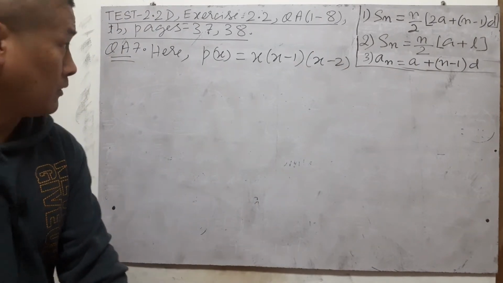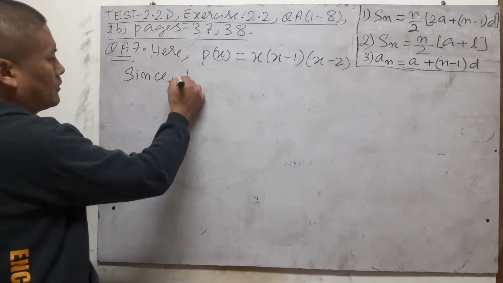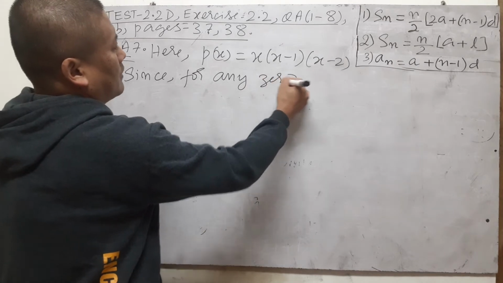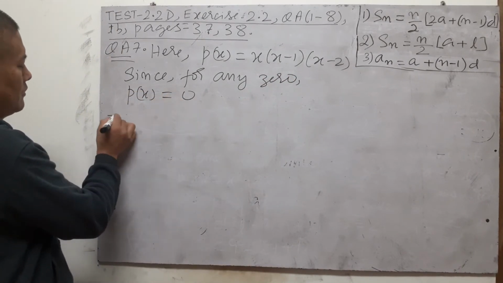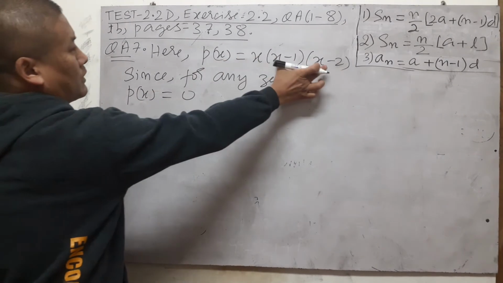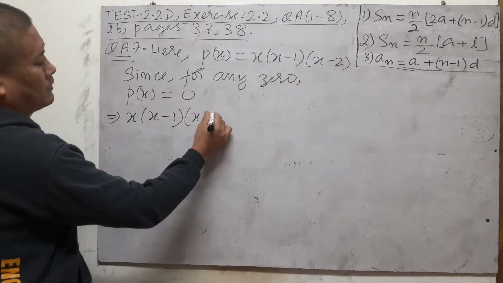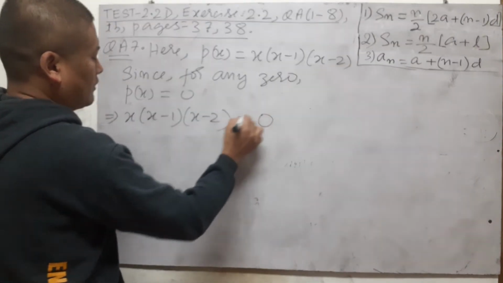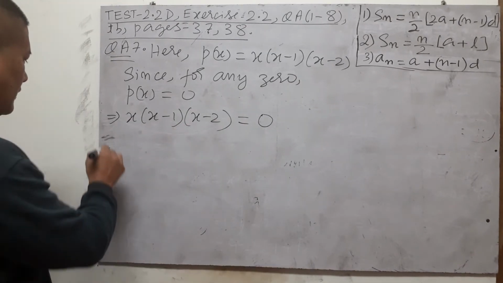Since we have to find the zeros of this p of x, for any zero, we know this p of x is equal to 0. So we can replace p of x by x into x minus 1 into x minus 2, equal to 0. We can see clearly it's already factorized, so we can write here either